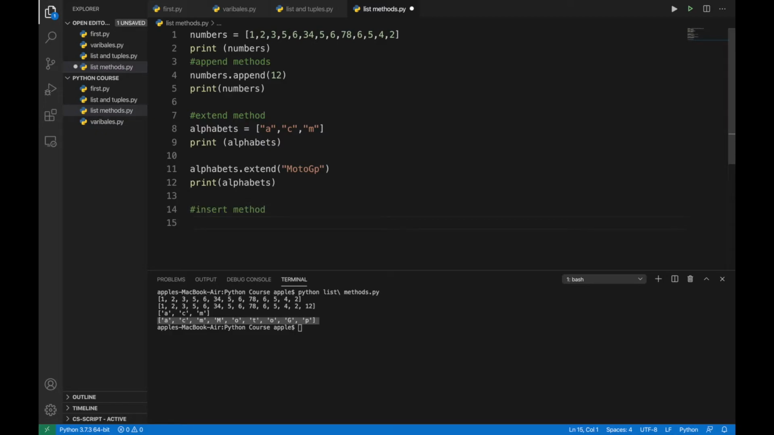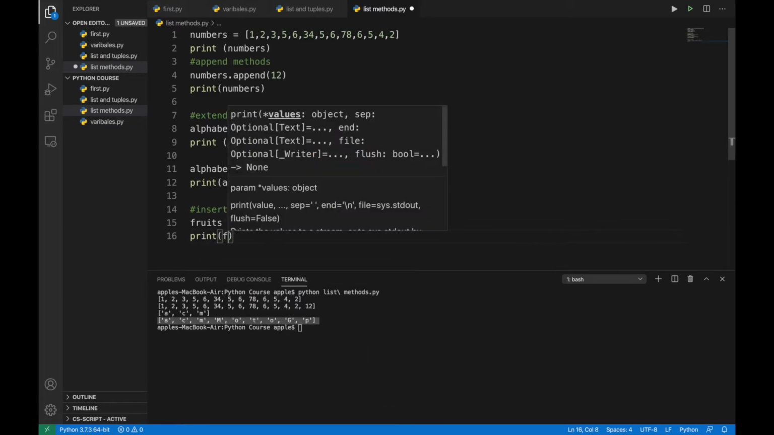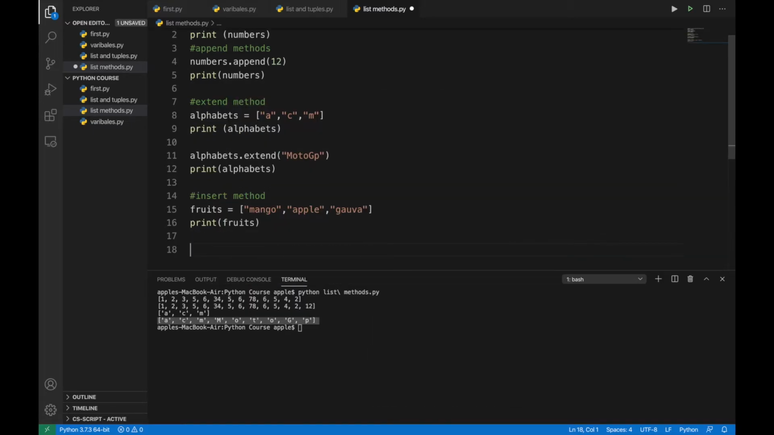So what does the insert method do? Let's try it. Let's use a new list, named fruits, and let's keep mango inside it, let's keep apple inside it, and let's keep any fruit like guava inside it, and then let's print out fruits. After that we're going to use the method insert in it. So fruits dot insert,